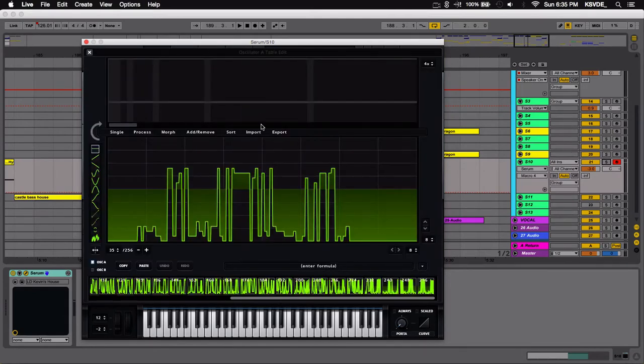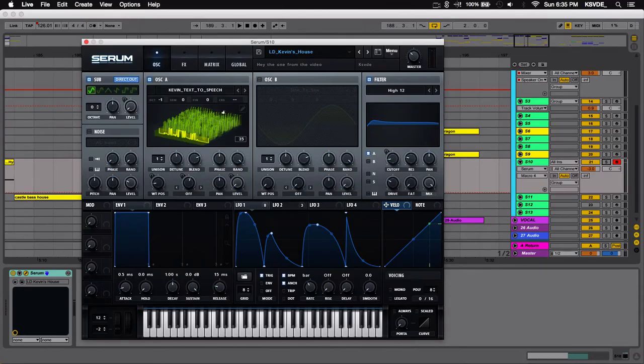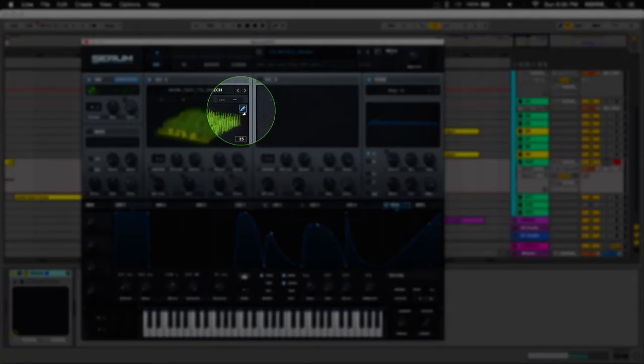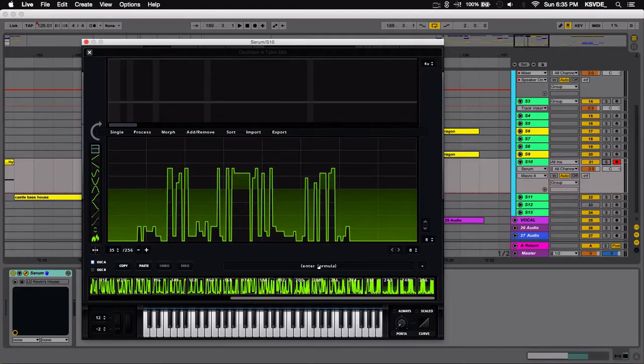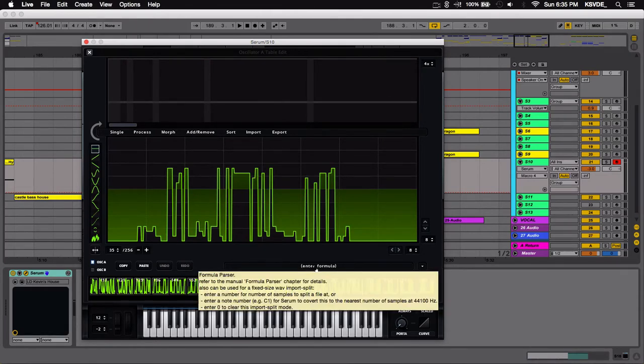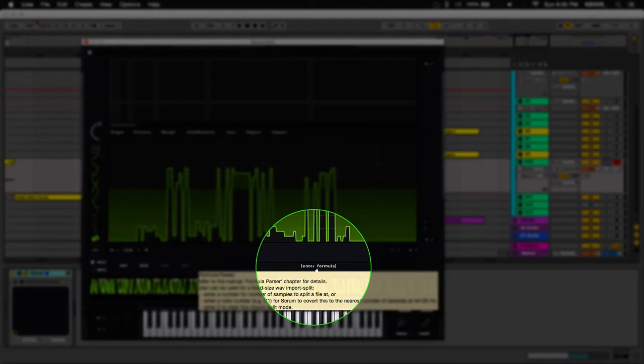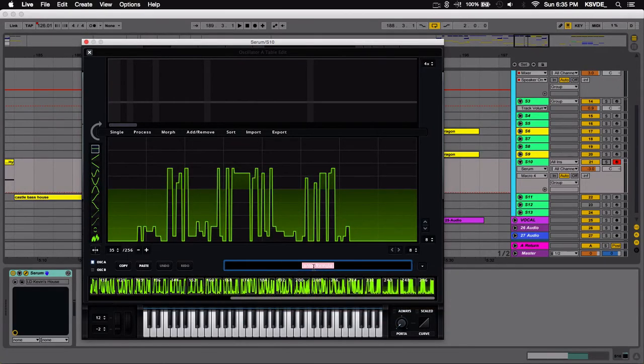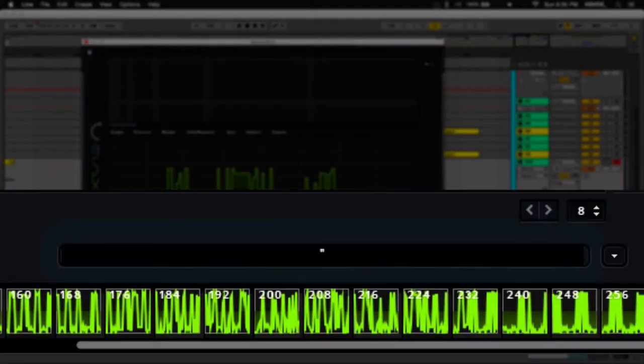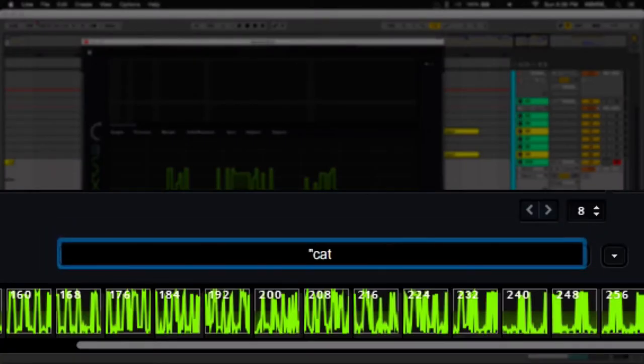So basically what you do is you go into your little table editor. Right here on the wavetable oscillator section, you can see this little pencil tool. Click on that, and all we've got to do is enter a formula. All you gotta do is enter parentheses, the word or words you want, and then parentheses, and then just press enter. It would look something like this: parentheses, cats be crazy, I don't know, just